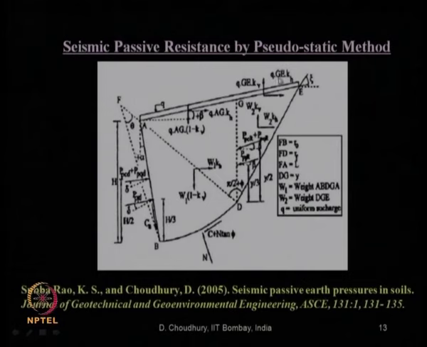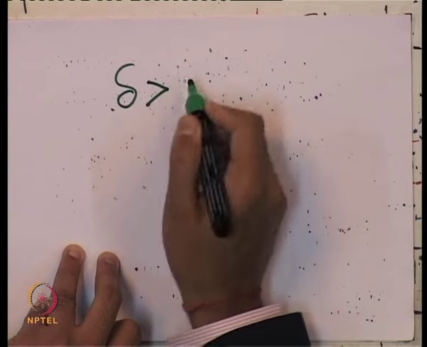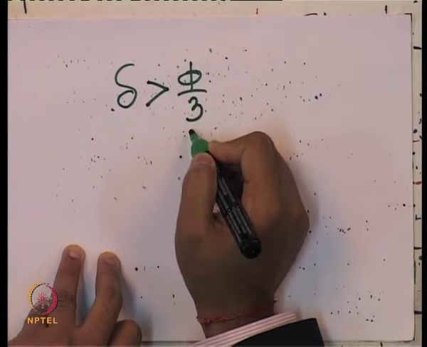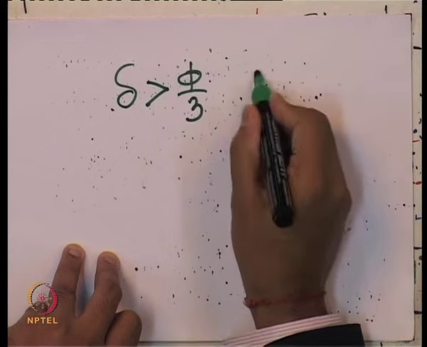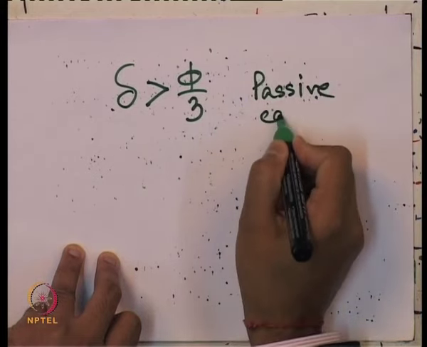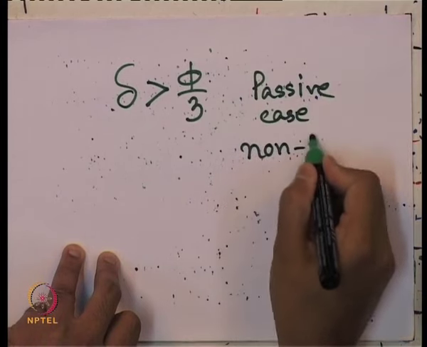Then the seismic passive resistance by the pseudostatic method for a generalized c-phi soil was also estimated by us, considering a composite failure surface. Why have we taken composite? Because in the passive state of earth pressure, we know a planar failure surface seriously overestimates the value. For the passive case, we should get the minimum value, but with a planar failure surface, when the wall friction angle, that is the delta value, exceeds phi by 3, that is 1/3 of the soil friction angle, in that case we should not consider it for the passive case. It is always nonlinear